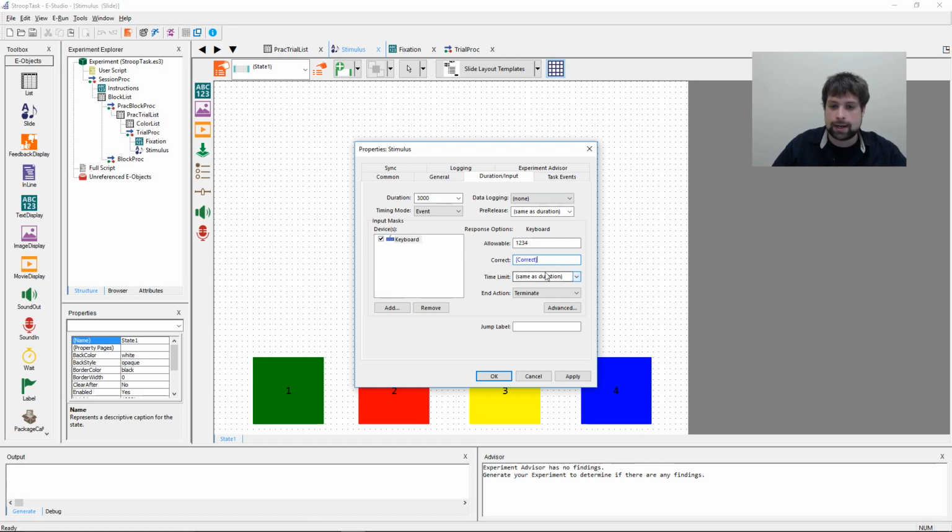The time limit is going to be the same as duration. This is a place where people sometimes get mixed up in E-Prime because time limit and duration sound pretty similar, but they're actually very different. Duration is how long something appears on the screen, and I want this to appear on the screen for 3,000 milliseconds. Time limit relates to how long participants have to respond to this object once it appears on the